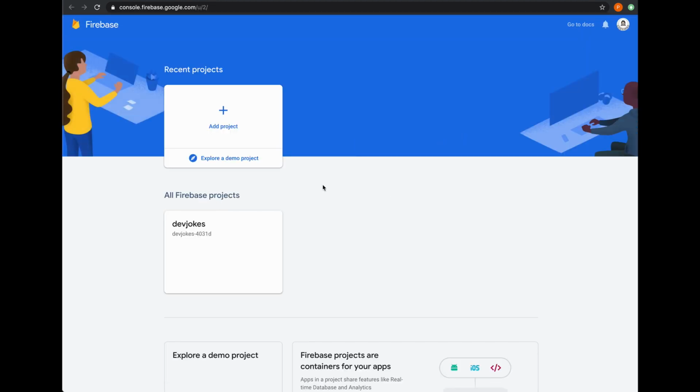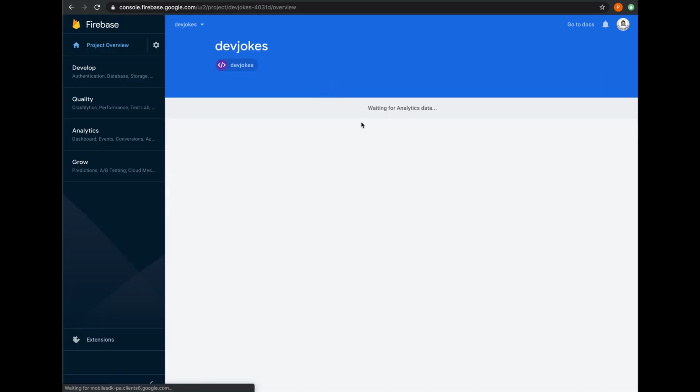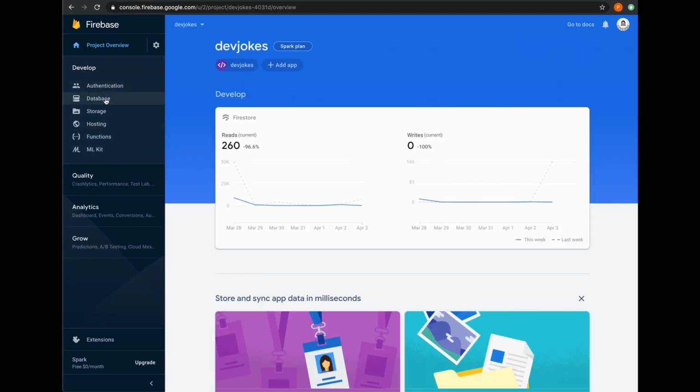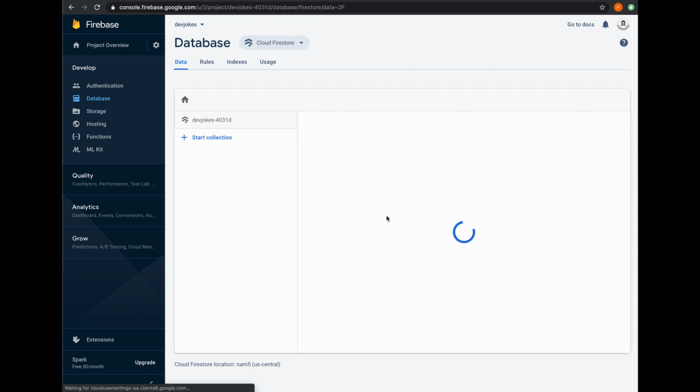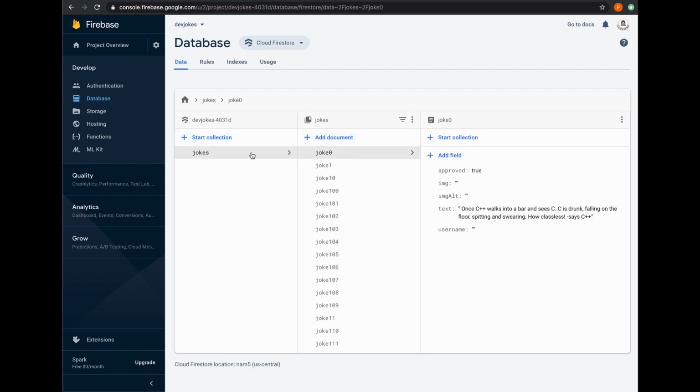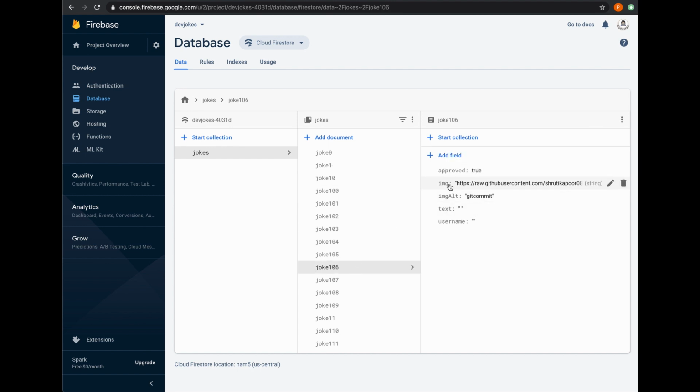So you have to create a project in Firebase. It will assign you all of the products to that project, and you can go ahead and enable the product that you want. I wanted Firestore. Firestore is a NoSQL database, so you have collections and each collection can have multiple documents within them. The collection that I wanted, I called jokes, and I created the first record and it allowed me to create whatever fields that I wanted. I wanted text, image, alt text, and the username to be stored. I also wanted a Boolean field to denote whether this joke was audience approved or not.